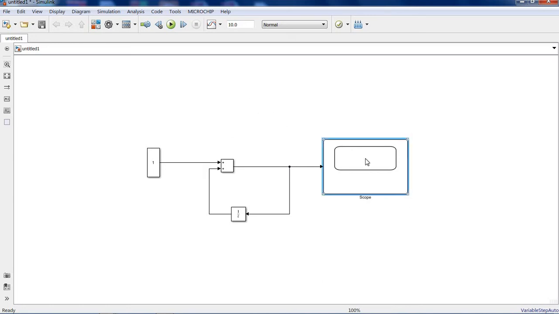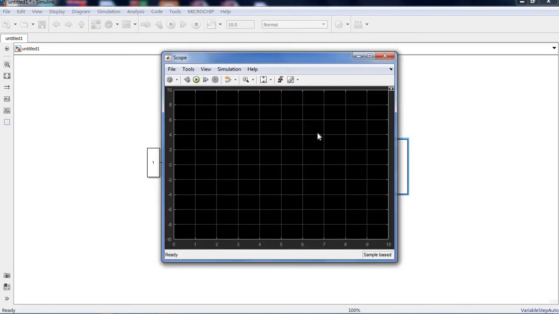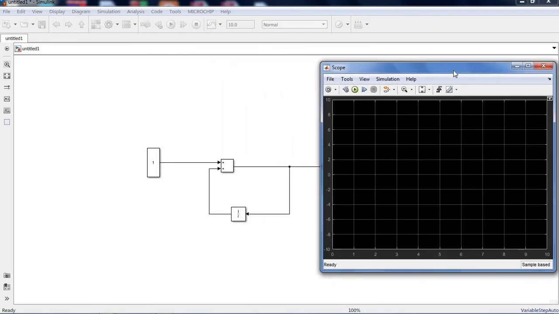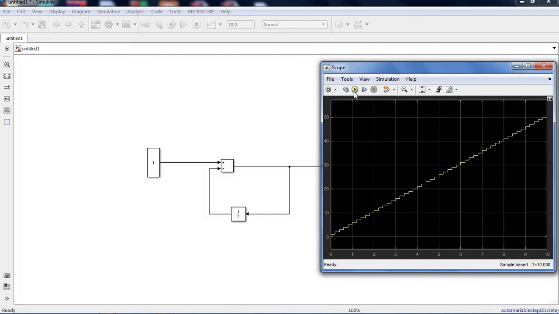If you run it continuously, the counter is incrementing continuously because we don't put any limit here. That's why the counter keeps incrementing one by one, plus 1.